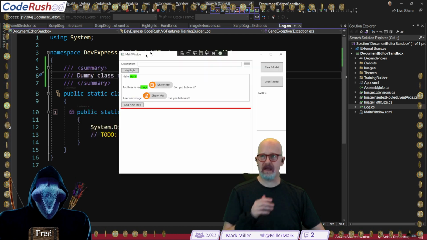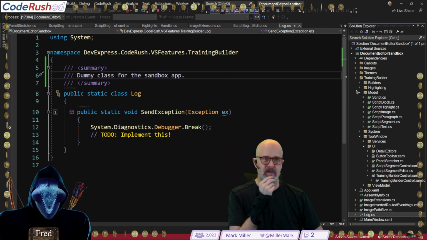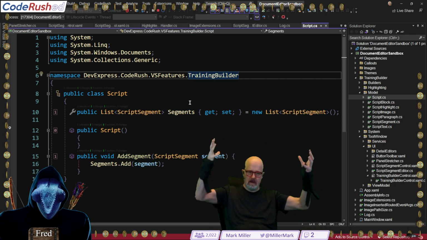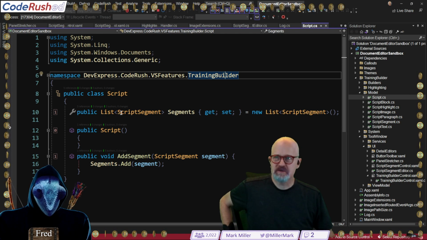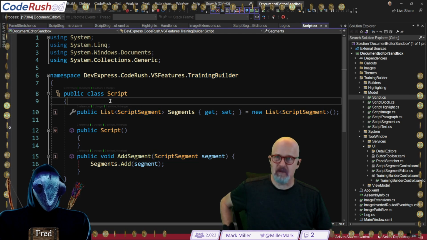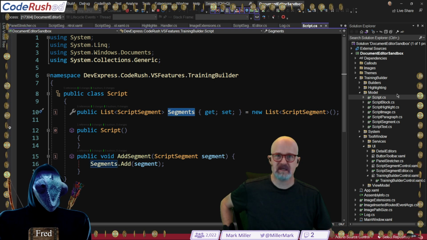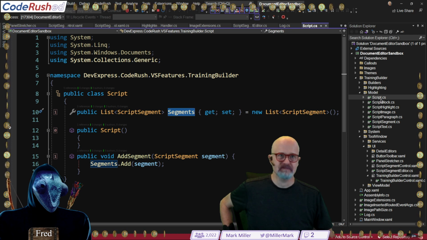So functionality now, one other thing I made a change to. In my model, script is the main model element. This used to have a separate script segment at the top, which was the first one, but now I've just made it a single list of script segments. Okay? That's it.